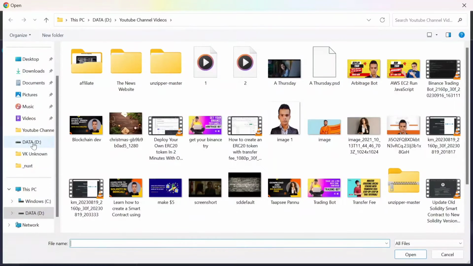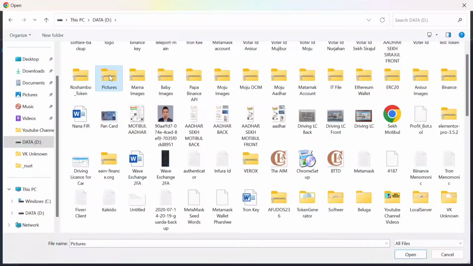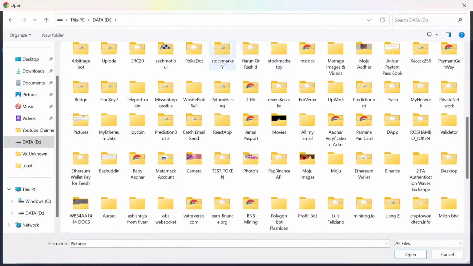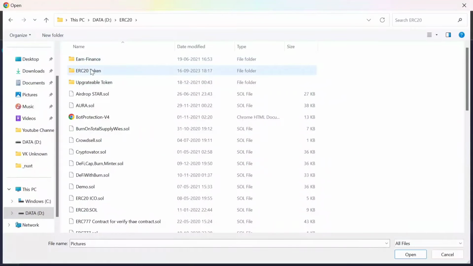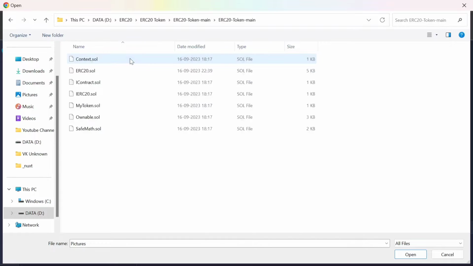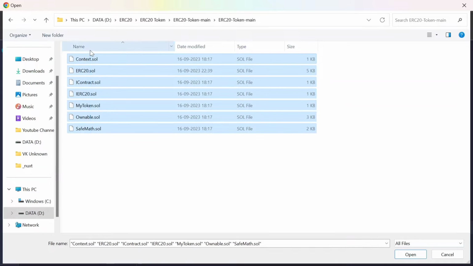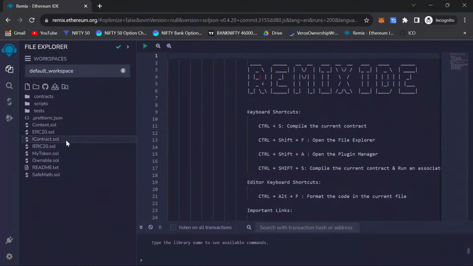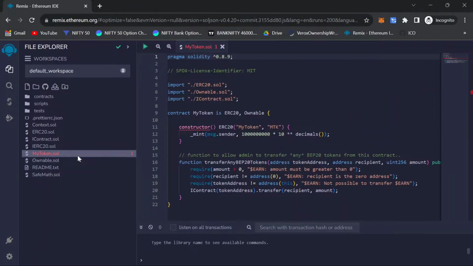So click here, and then I have downloaded it in the ERC20 folder, ERC20 token, and then here you can see all the files. I need to upload it. Then this is my token.sol,